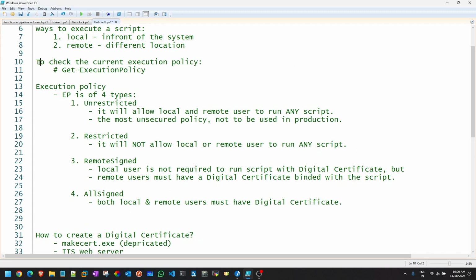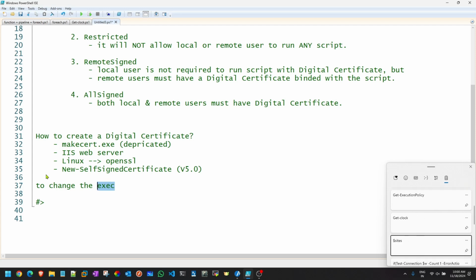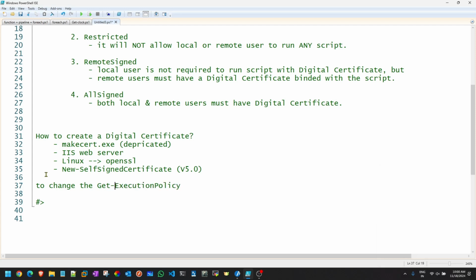The command to check the current execution policy is Get-ExecutionPolicy. To change the execution policy, you have a command called Set-ExecutionPolicy and then your policy name.